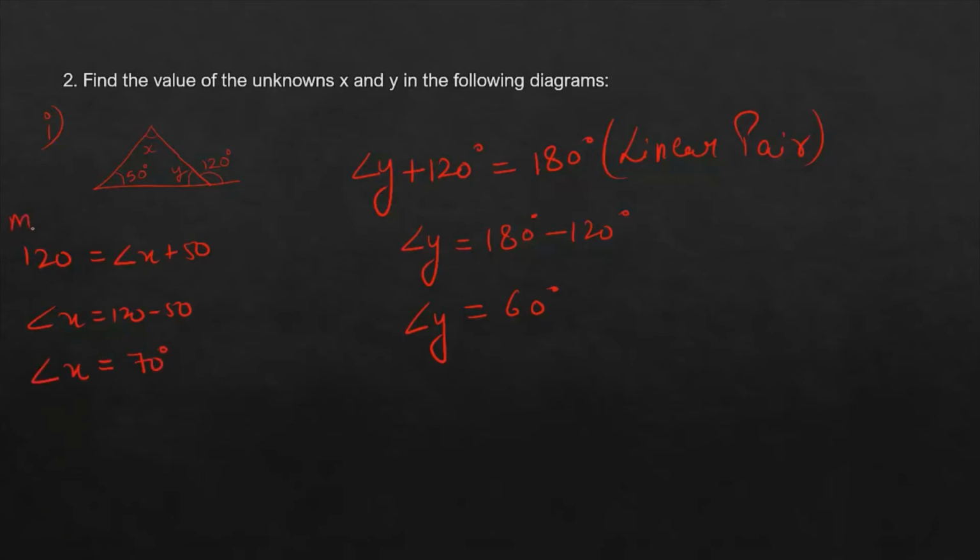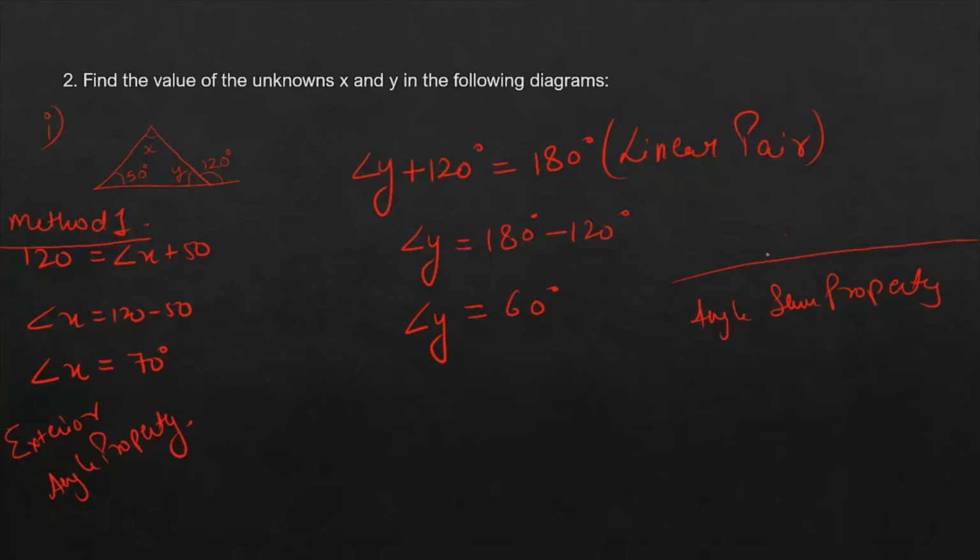Angle x is equals to 70 degrees. This is method 1, which uses exterior angle property. And if we want to use angle sum property, method 2. For that, we have to say that angle y plus angle x plus 50 is equals to 180 degrees. Here, angle x plus angle y plus 50 is equals to 180 degrees because of angle sum property of a